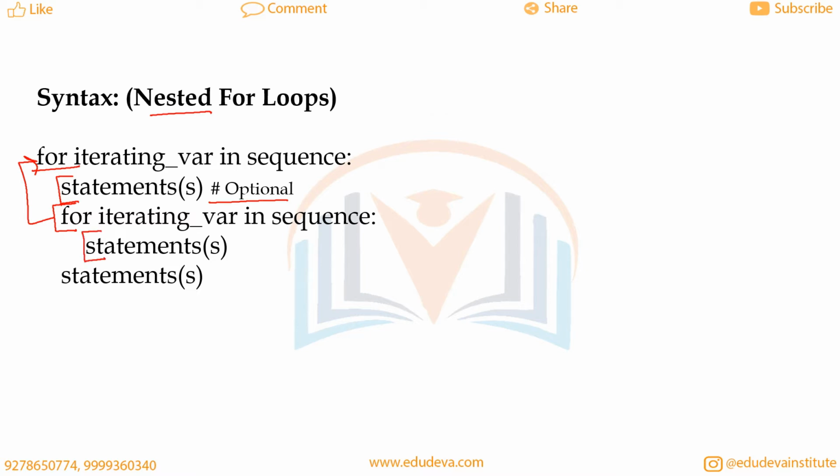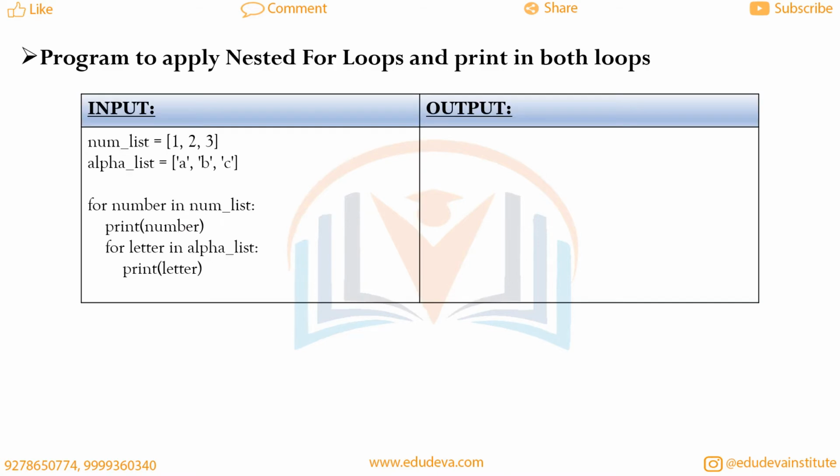It means, what is the process? We will start with the first for loop, and when we enter under the first for loop, we will execute the statements of the second for loop. After that we will increment the value of the first for loop and check the condition again. Suppose we enter the first for loop again, so we will need to execute all the statements of the second for loop once again.